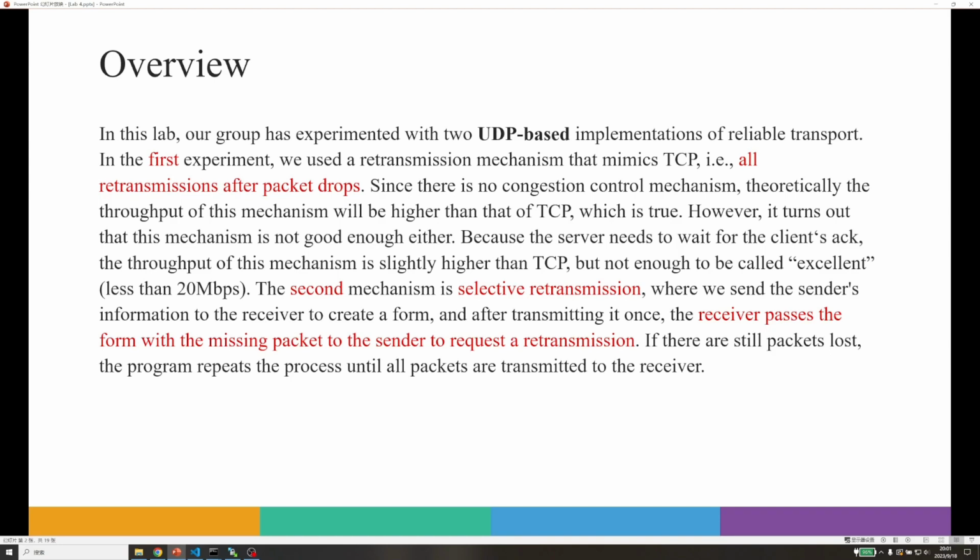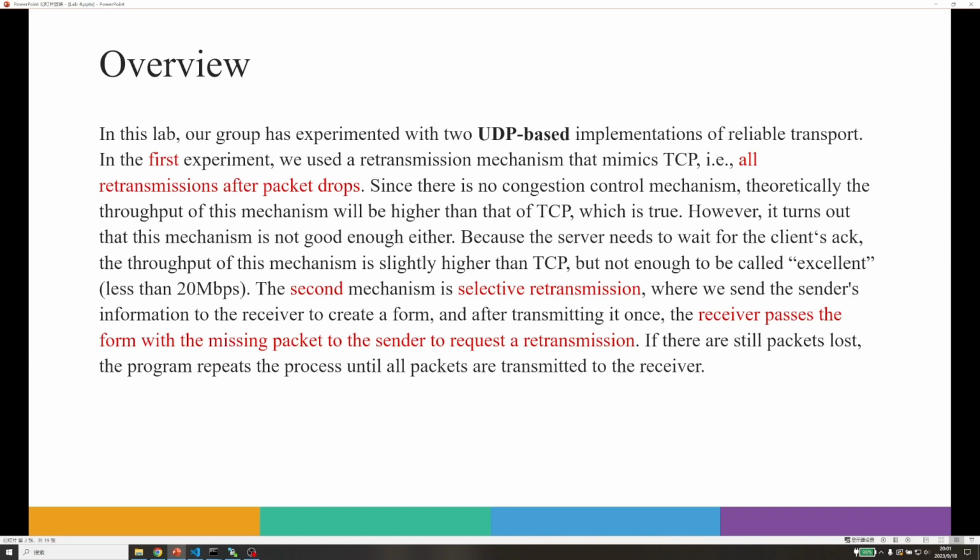So it turns out the second mechanism is better, but